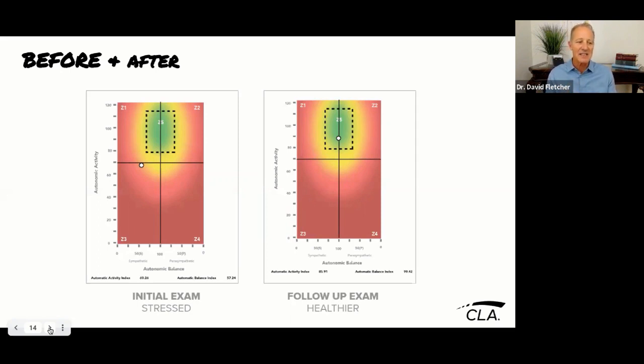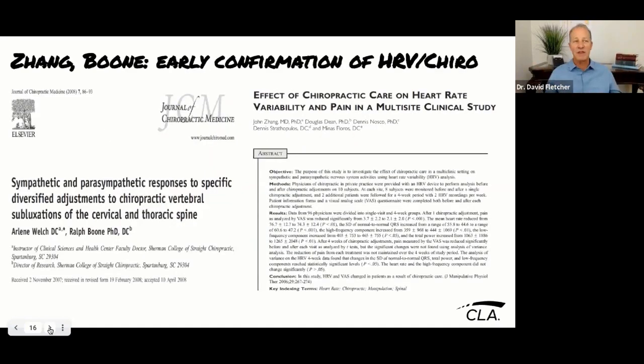Why? Because a well-adjusted nervous system brings back the autonomic balance and fully charges the nervous system. That's why we do what we do. And so one of the things that we need to do is understand how this is relatable within it. And so I thought over the next section, we could just confirm a lot of the relationships of the research